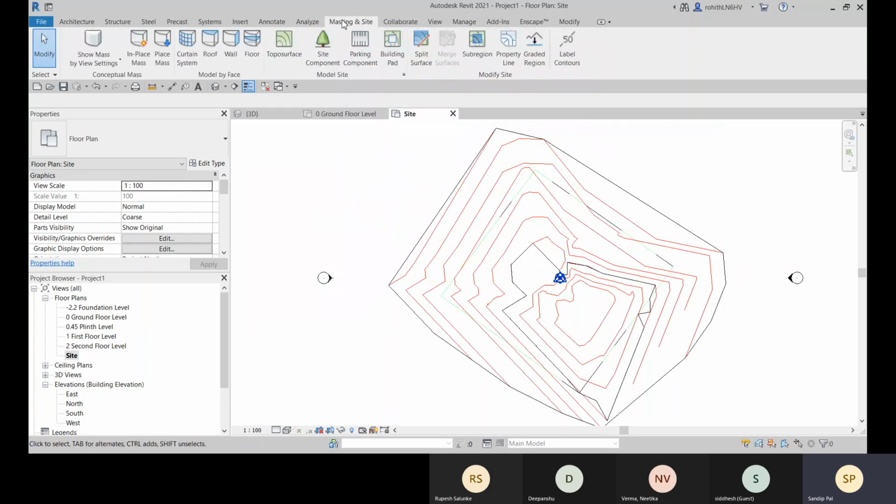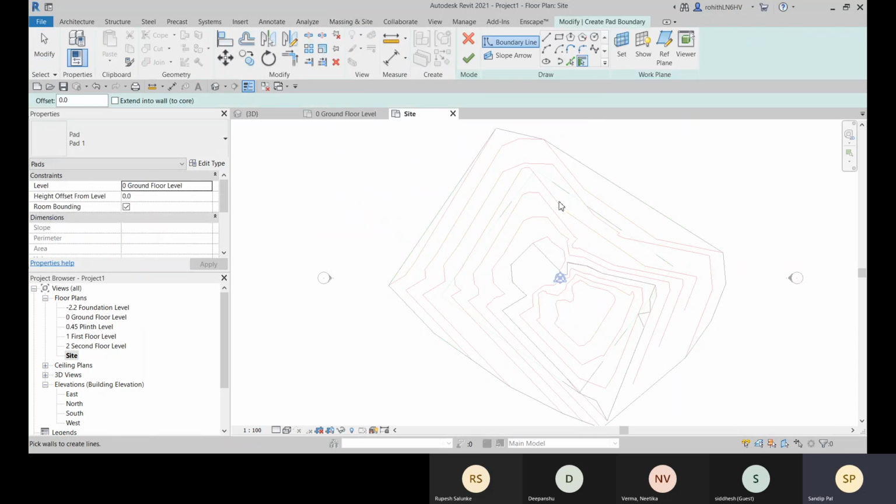For that, we have this massing and site tab, and the building pad option is available, and you can define that area. So from here to here you can create, or else you can go with the pick lines option. So select this line, select this line and select this line, and that is created.